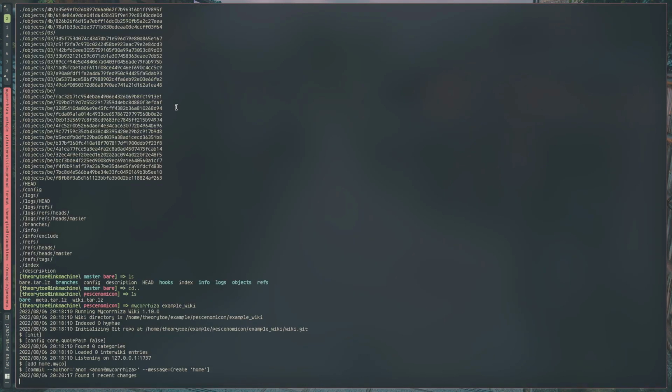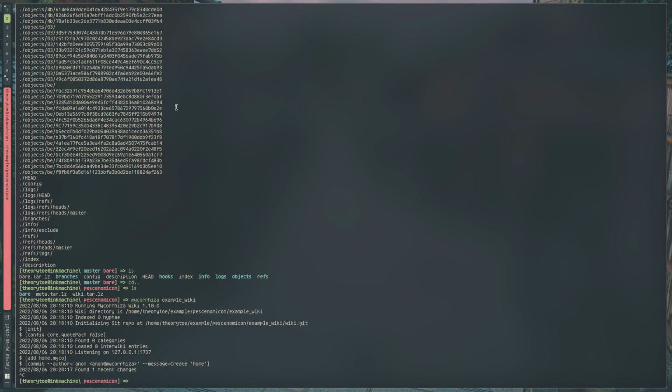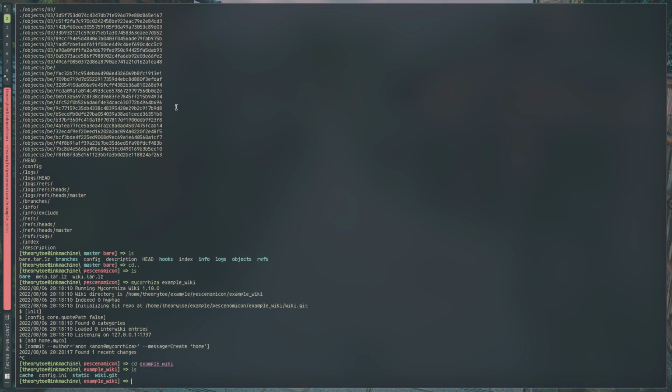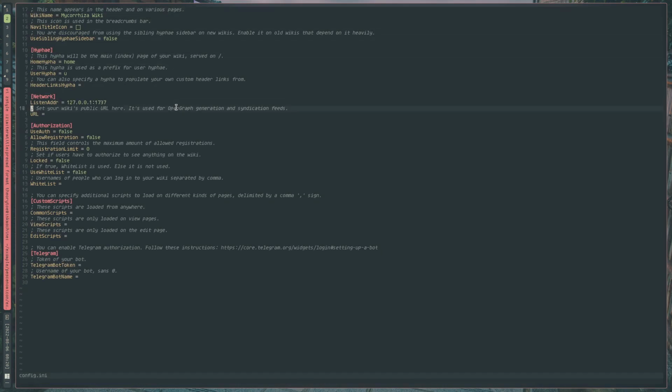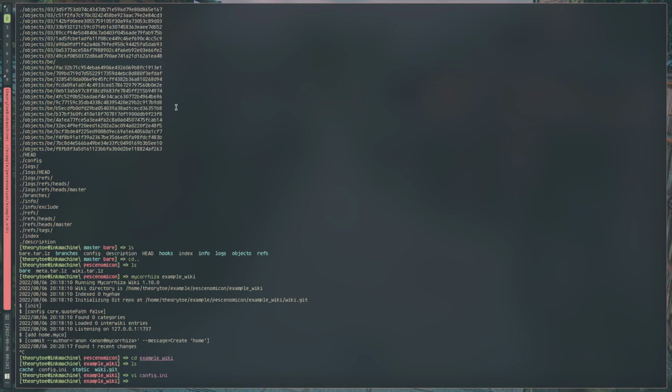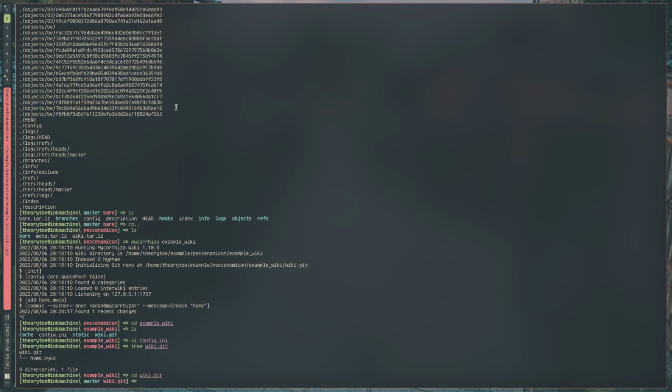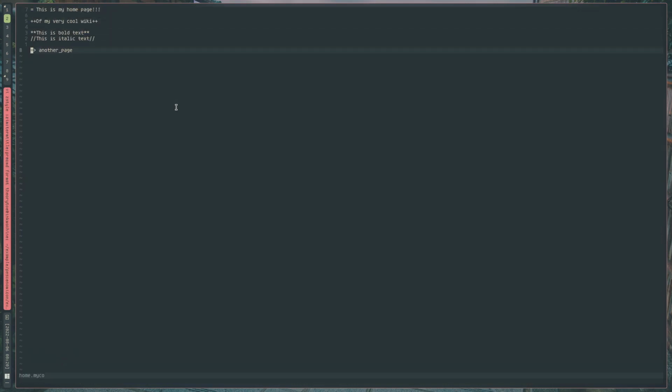So if we go back and we actually kill this wiki, and we change directory into example wiki, we have 3 directories in the folder. If we look at config.ini, this will just show you the configuration file. So nothing too interesting in there, but if we tree that wiki.git, we can see that there's a single file in it. So if we cd into wiki and cat home.myco, as you can see,